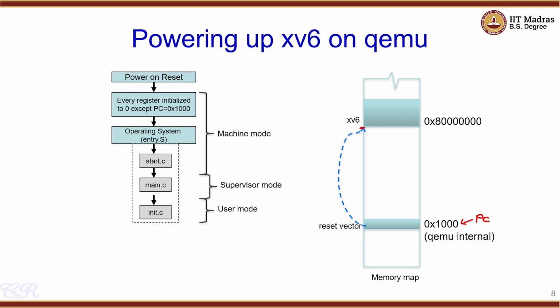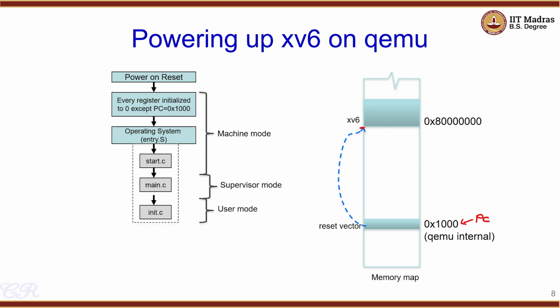So when we execute xv6 on QEMU, this is the sequence of steps that occur. There is the power on reset as usual. This power on reset is actually triggered when you start QEMU, and all the registers are initialized to 0 except the program counter, which is initialized to 0x1000. So the 0x1000 is essentially the reset vector, which has an instruction which then jumps to the 0x80